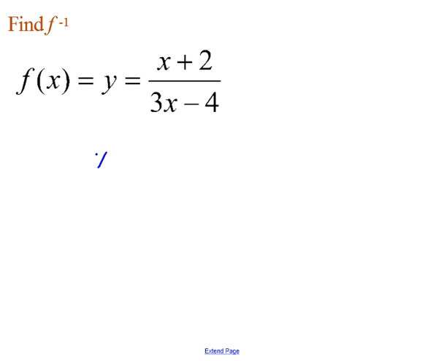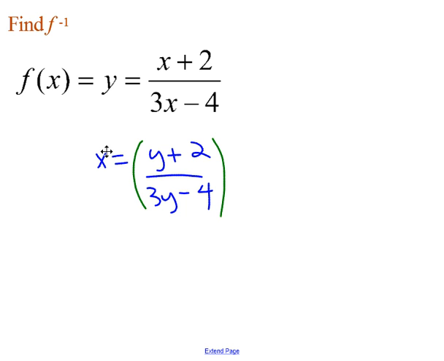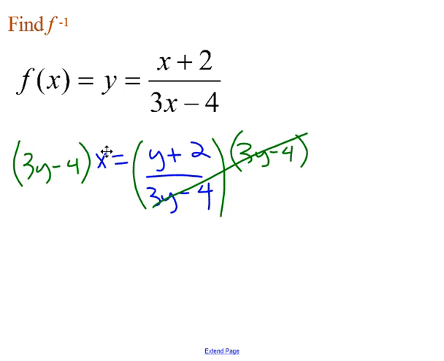So here we're going to switch our x and y. This is going to be the trickiest that we do. I need to get all my y's together on one side so that I can solve for y. I need to isolate y. They're together here, but I'm dividing. I never like dividing by what I'm trying to solve for. So I need to get y out of the bottom. And the best way to do that is to multiply both sides by y, because now I really have 1 here. I have y plus 2 multiplied by something and divided by the same thing, so I have y plus 2 on this side, and if I distribute over here,